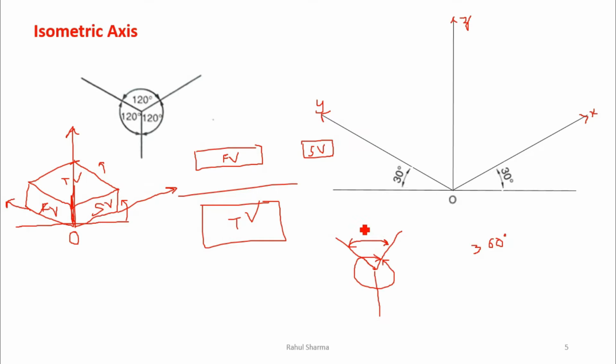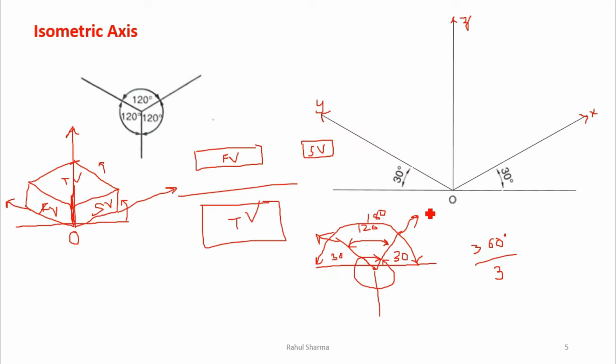When we divide 360 into three angles, each angle will be 120, and we have this point as the O point. This will be the ground line, this is one axis, this is the second axis. Now if this angle is 120, what is the total angle about this line? 180. So 180 minus 120 is 60. So this angle will be 30 on this side, and this angle will be 30 on this side.